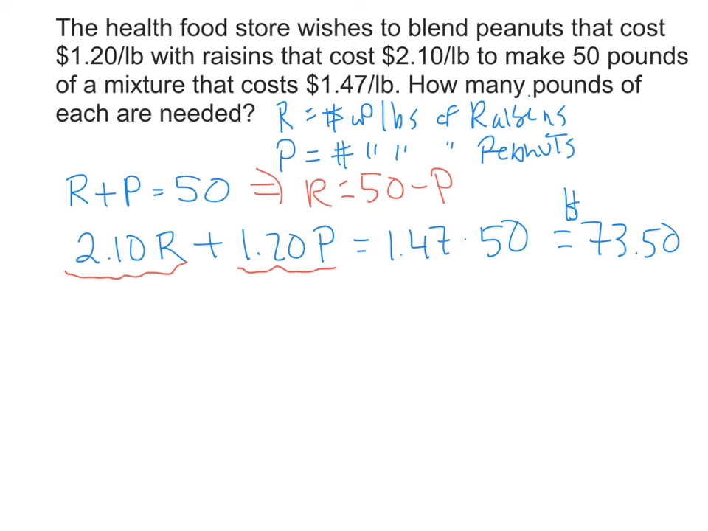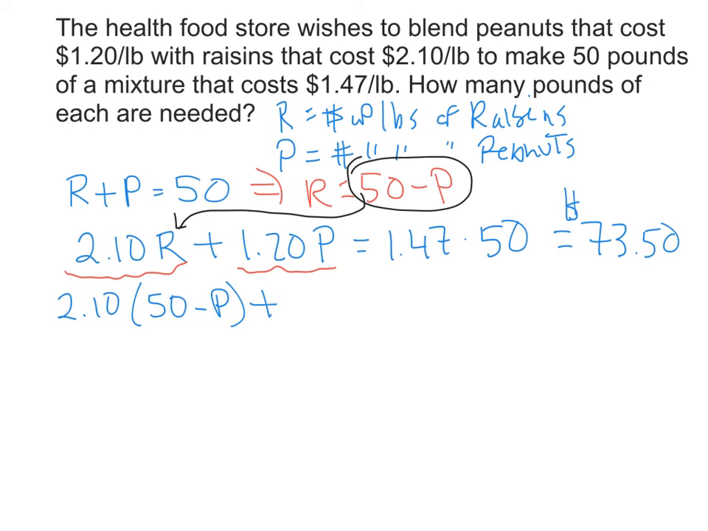Now remember, the difference is this may or may not come out evenly. Whereas in the previous one, you're going to have to get a whole number of dimes and a whole number of quarters. So when we substitute here, we're going to take 50 minus P, and we're going to stick it in for R in this equation. That's going to give us 2.10 parentheses, 50 minus P, close parentheses. Don't forget your parentheses. 1.20P equals, and I'm just going to write 73.50. So now we need to do a little distributing, and we're going to get 2.10 times 50, and that's going to give us